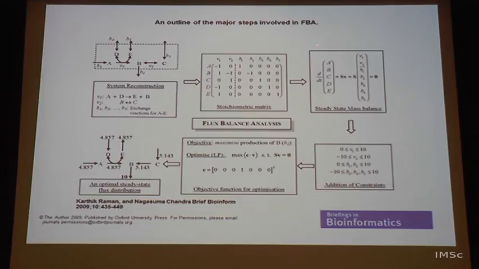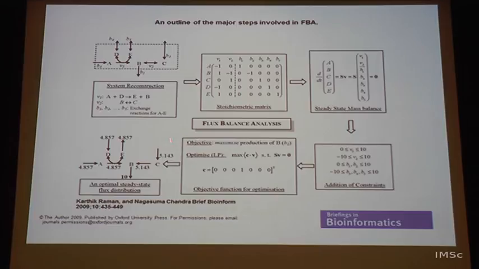It is captured in a matrix form like this, where A, B, C, D are metabolites, and these are the individual reactions that are happening out there. The minus sign means it is on the left hand side of the reaction, and the plus sign means it is on the right hand side of the reaction. So basically we are looking at the flux, d by dt of whichever metabolite, which is modeled as a stoichiometric matrix S into the fluxes V, the relative fluxes of each of the reactions, which at steady state is 0. So, SV is equal to 0. We eliminate the d by dt term and just take SV equal to 0.